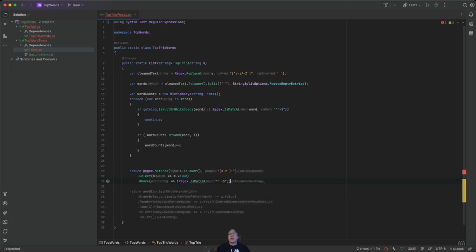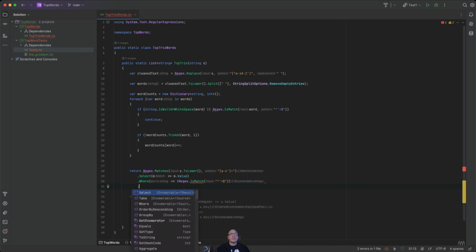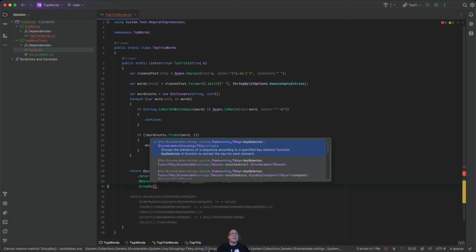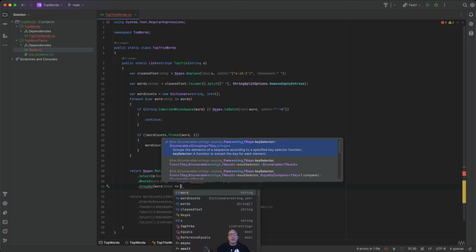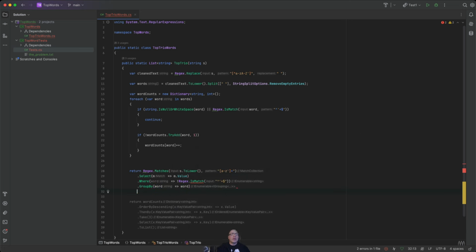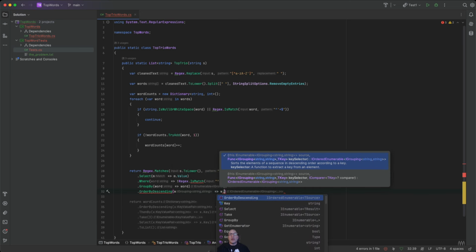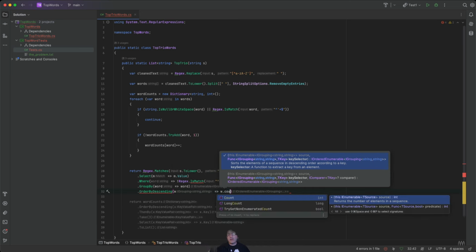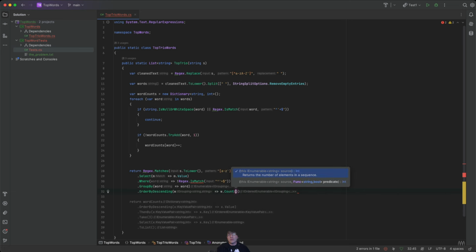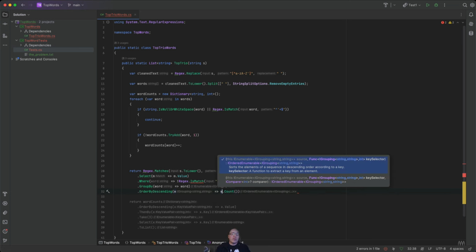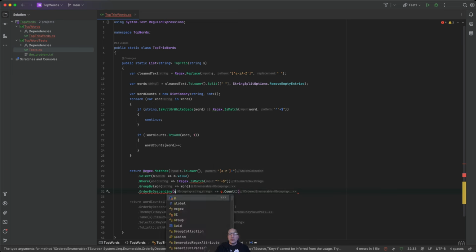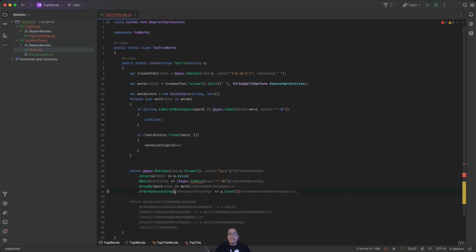I might be doing this backwards, but anyway. Okay, so that's the where is match on that, and then group by the word and do it descending, which would be word dot the count. But that, oh yeah, so that would be a group. Let's do grouping instead of word. Grouping. Yeah, and then